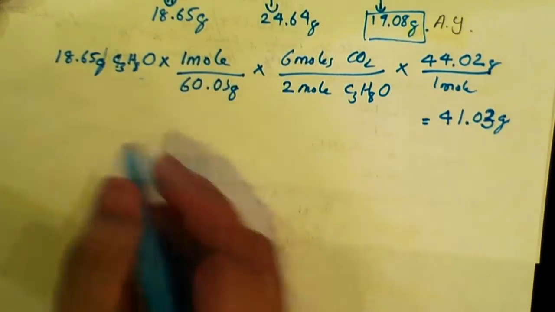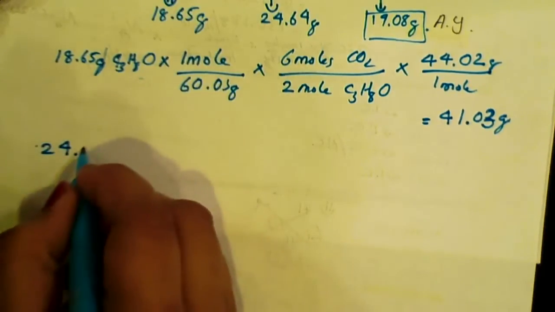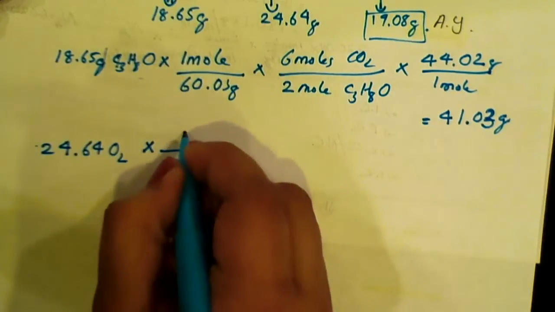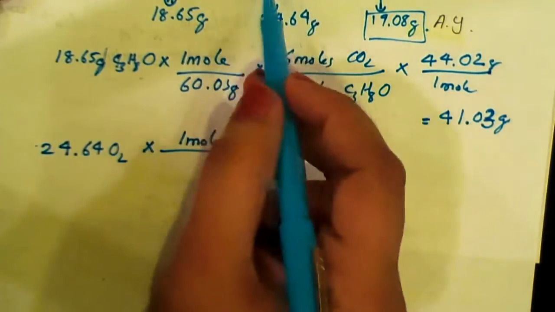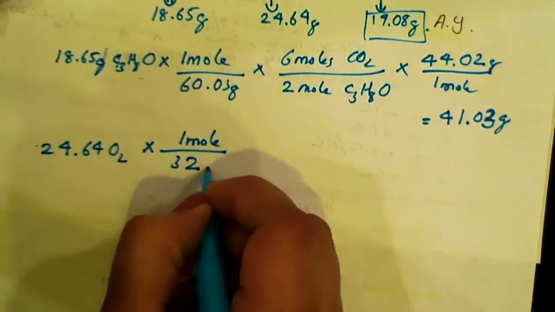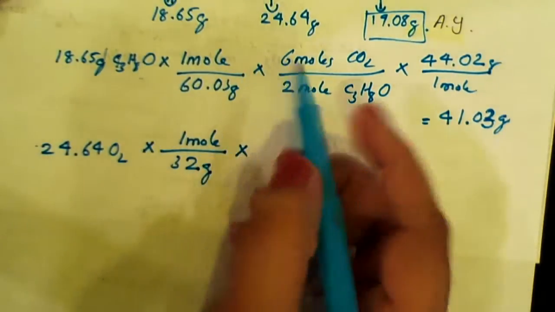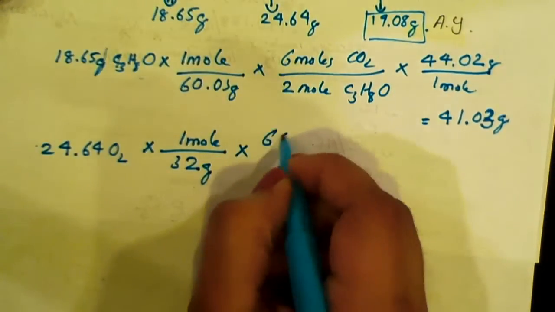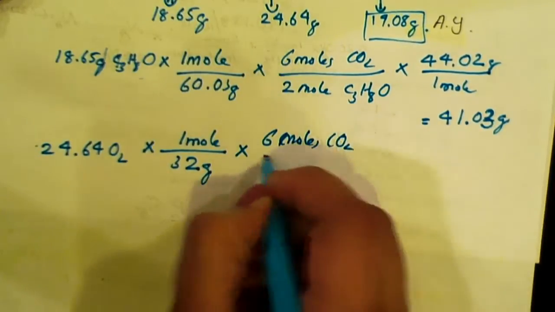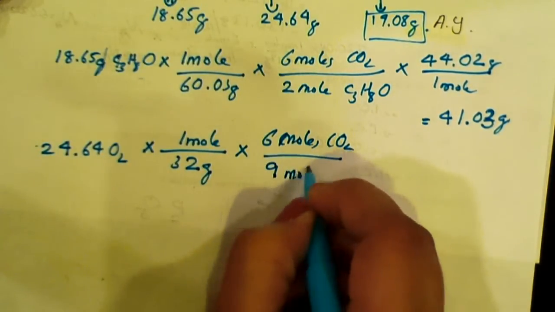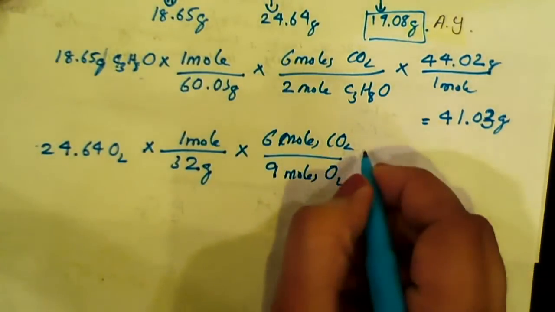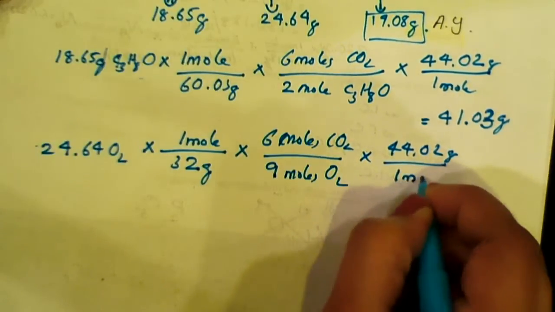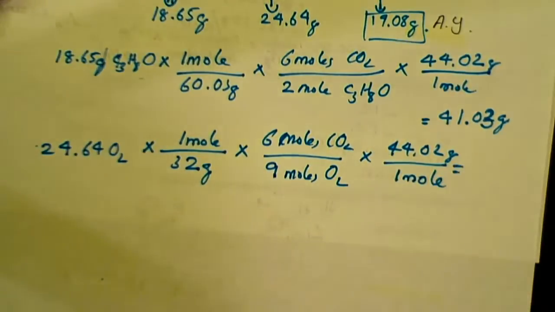This will be somewhere around 18.65 times 6 times 44.02 divided by 60.03 divided by 2, 41.02 grams. Okay, and for oxygen, 24.6402, and the number of moles will be 1 mole. This is oxygen molecule, so you have to use 32 grams times,